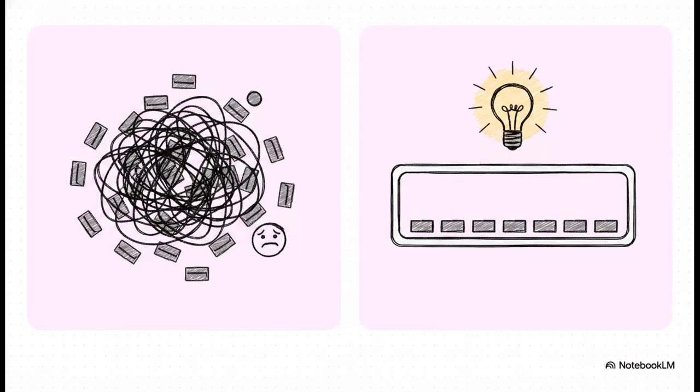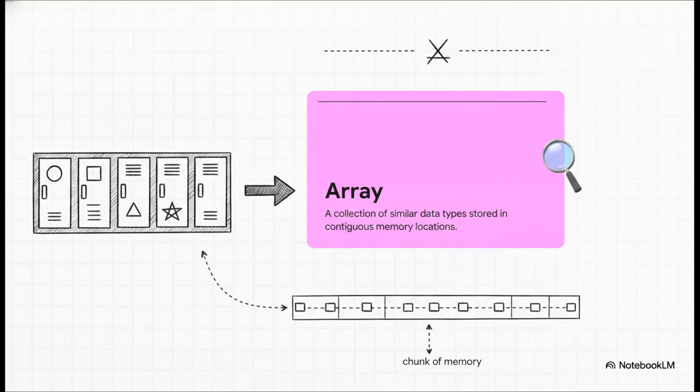Instead of 100 scattered, messy variables, we can just use a single array declaration, something like int marks array equals new int 100. Boom, you instantly allocate space for 100 integers. This one single line of code literally saves you from writing unmanageable, time-consuming scripts that are frankly an absolute nightmare to maintain at scale. So the crucial point to remember here is that an array acts like a giant contiguous